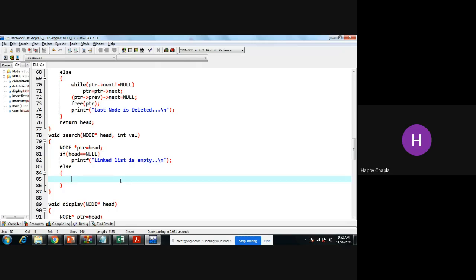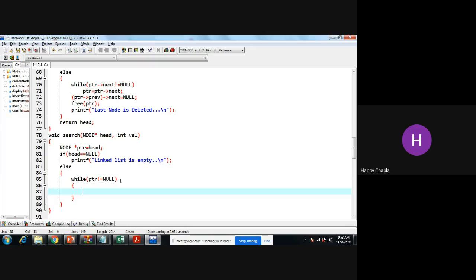Okay, clear. So now I'm writing this while, okay, while my PTR is not equal to null, what you have to do? You need to check. What you have to check, like PTR of data part is equal to value or not. If so, if